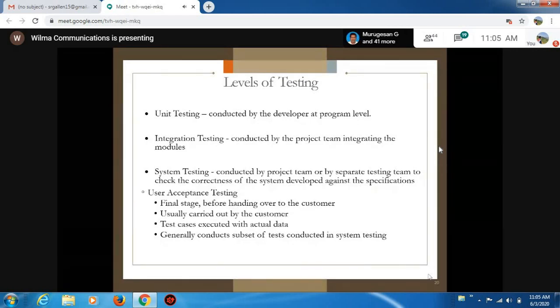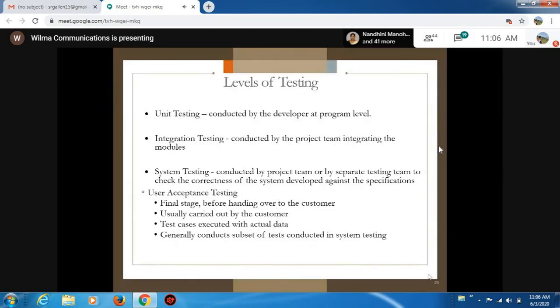The first parameter is that 100% functionality should be in working condition. So what is this 100% functionality? Let me take two different types of testing, functional testing and non-functional testing. I will come to non-functional testing later.